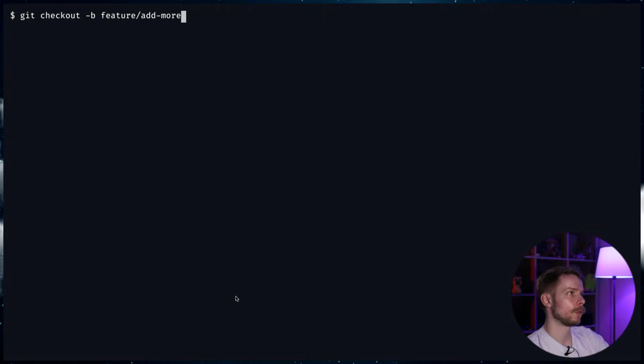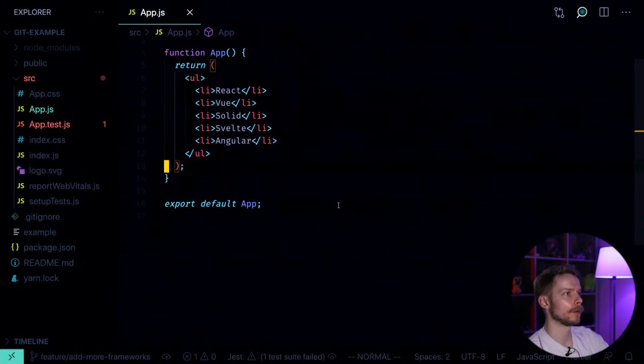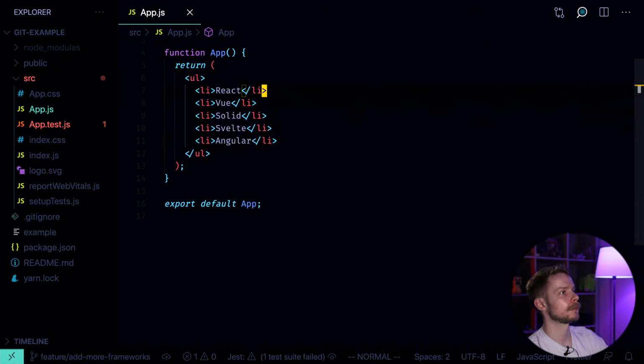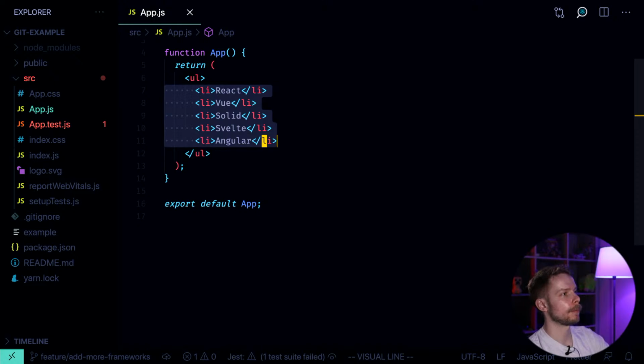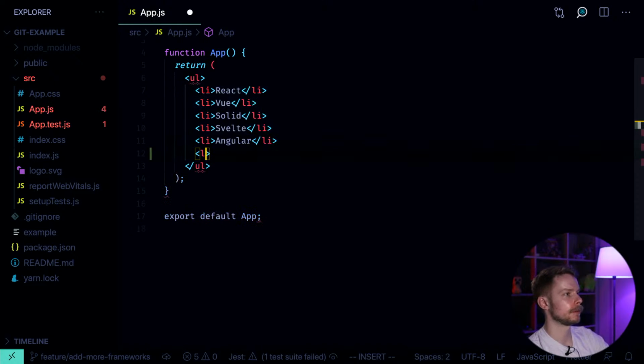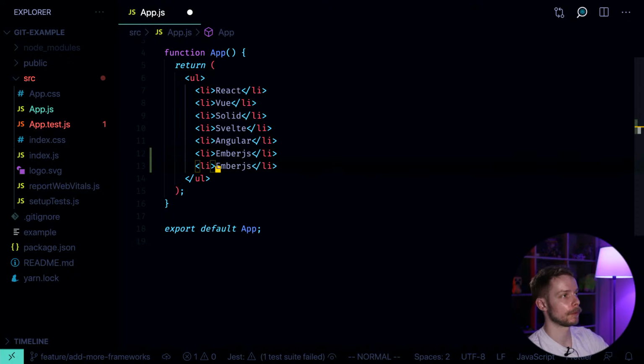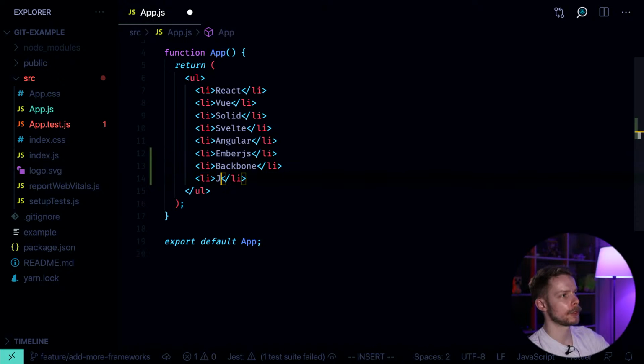Add more frameworks to the list. We switch to it, we go to the editor, and then let's say, I don't know, what can we add here? Ember.js, something quite old. Backbone, jQuery,